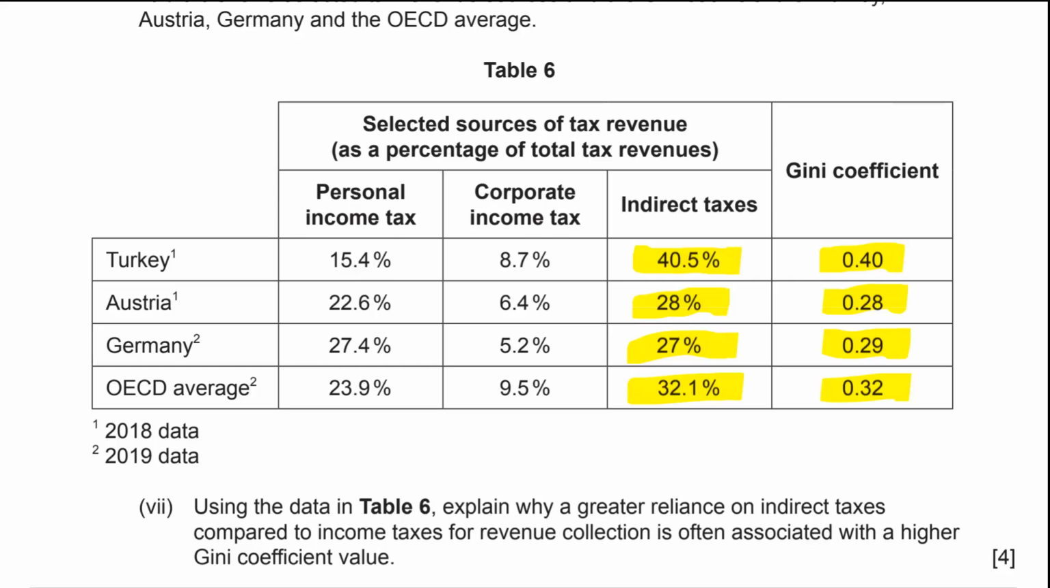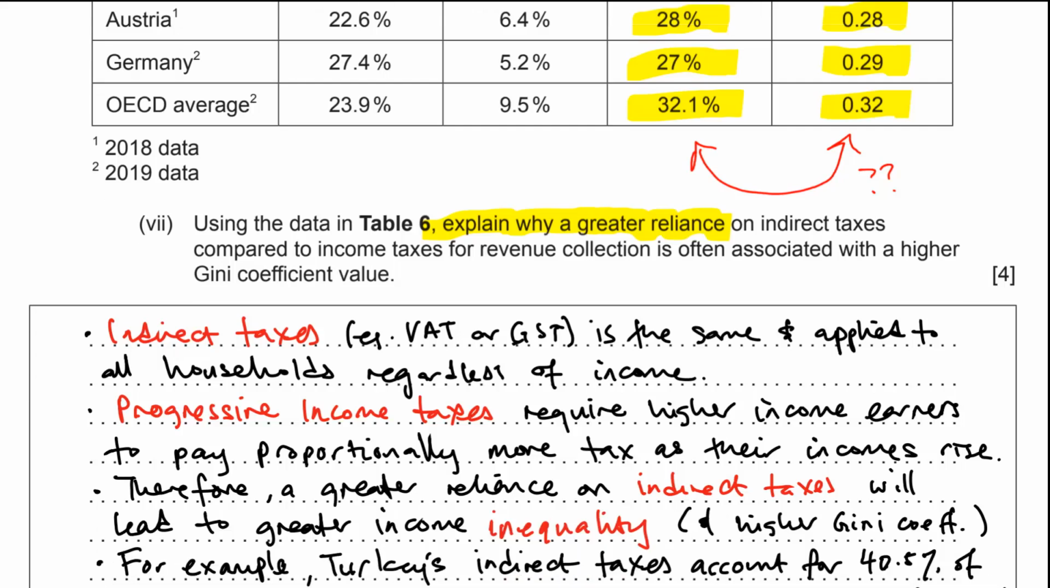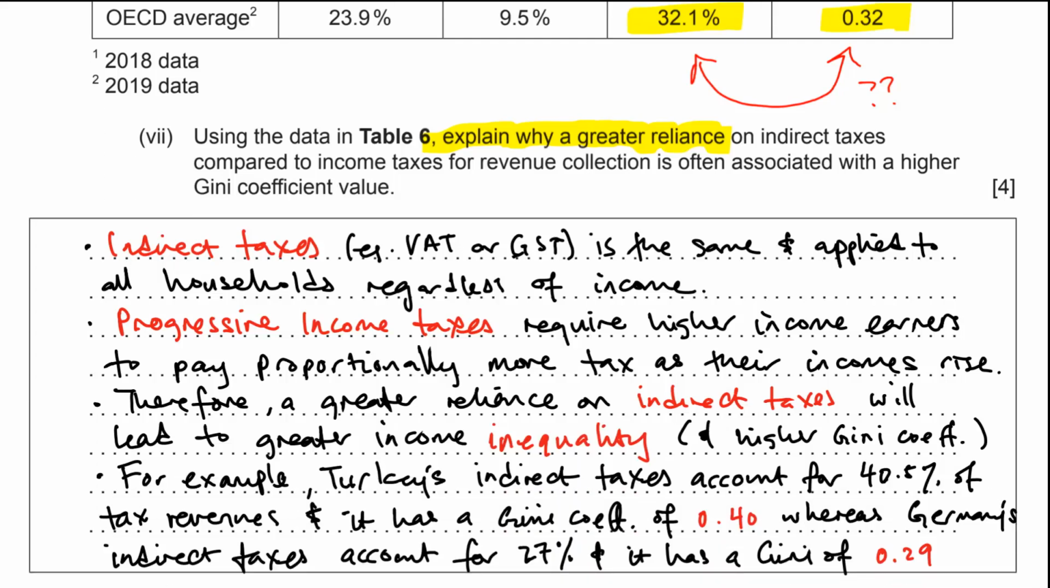Because the question is saying, explain why a greater reliance on indirect taxes is often associated with a higher Gini coefficient value. So explain this relationship, right? Why do we have this scenario where higher indirect taxes lead to higher Gini coefficients or more income inequality? So what I've got written down here is a couple of reasons, or the logic for me